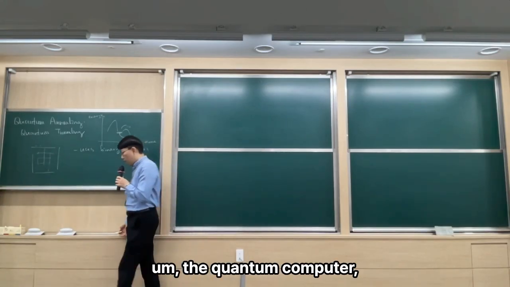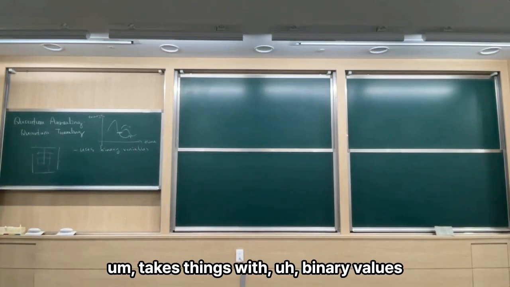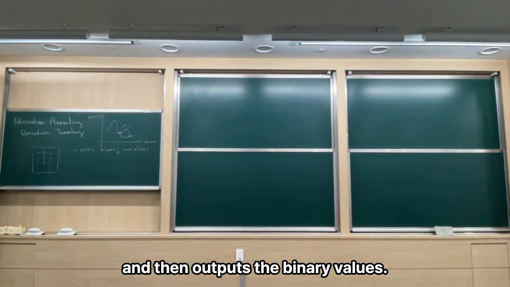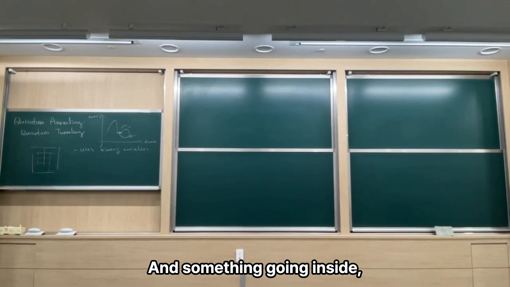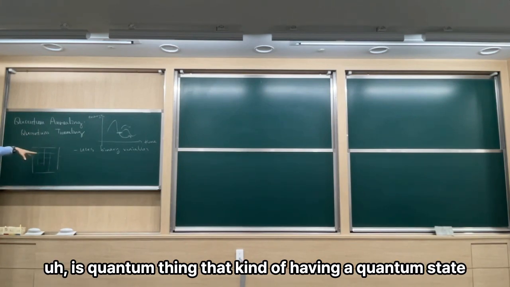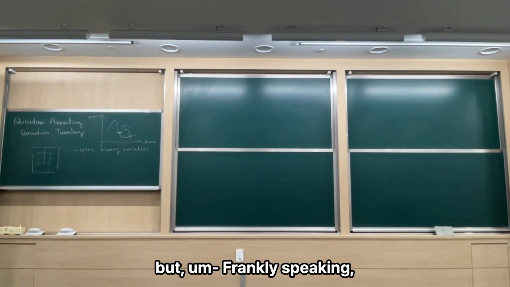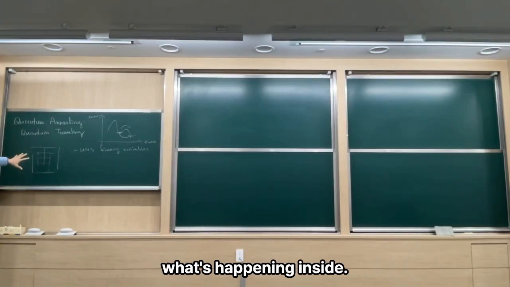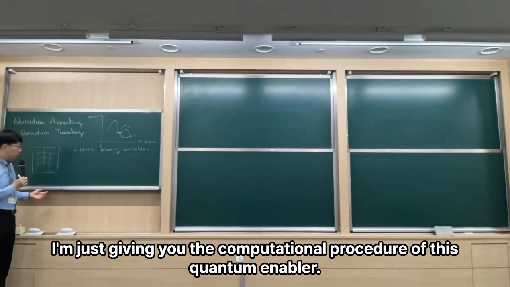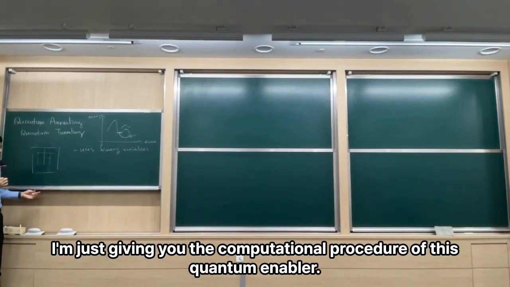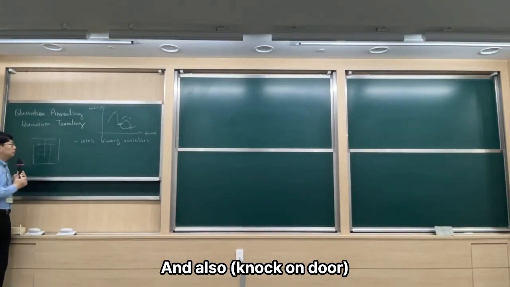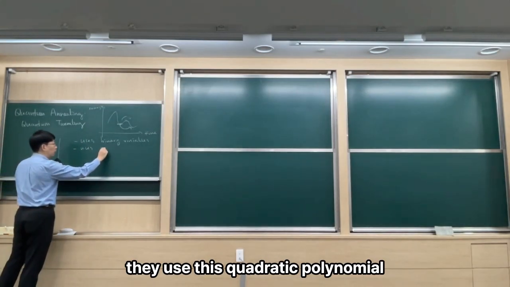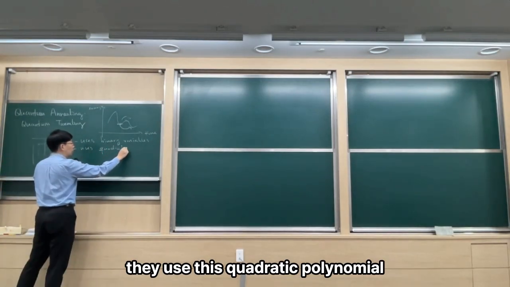I mean, the quantum annealer takes the input of binary values and then outputs binary values. Something quantum is going on inside, having a quantum state, but frankly speaking, I don't know what's happening inside. I'm just giving you the computational procedure of this quantum annealer. And also, they use this quadratic polynomial